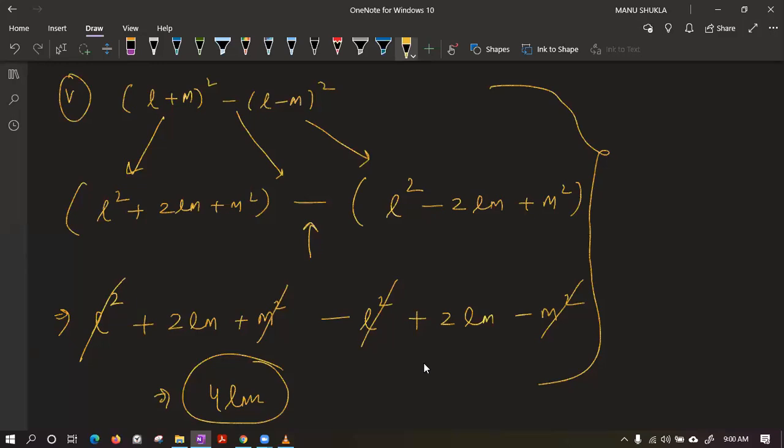Class, what do you say? Which one is easy? First way or second way? Yes, the second way is easier because simplification is always easy in life. We always need to simplify the things in our life.